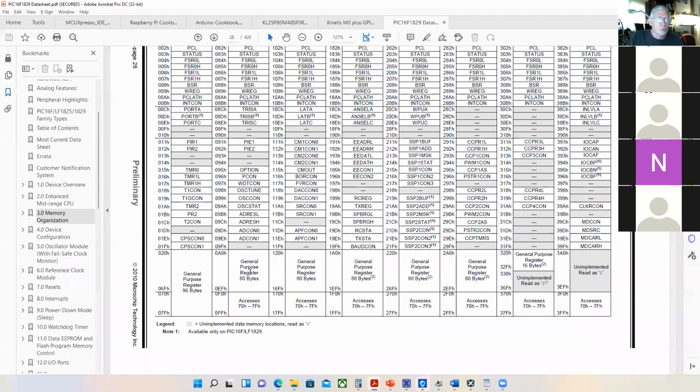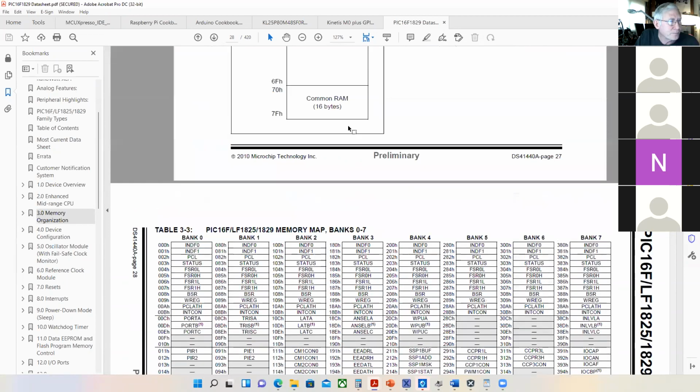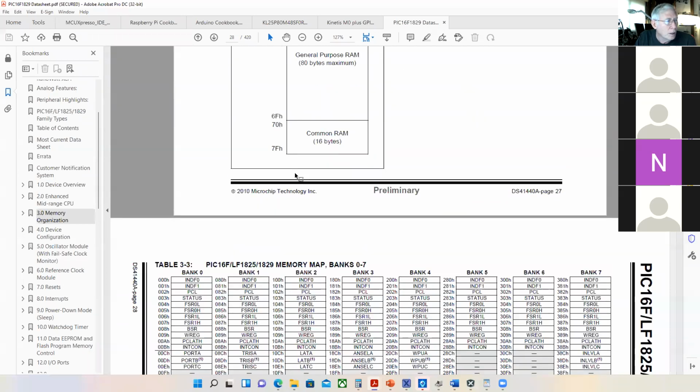And so if you really do need to linearly access a bunch of static random access memory when you're writing in assembly language, then what you have to do is use the indirect addressing. But when you write in C, you don't have to worry about that because C takes care of that for you. All right. So let me switch back to the